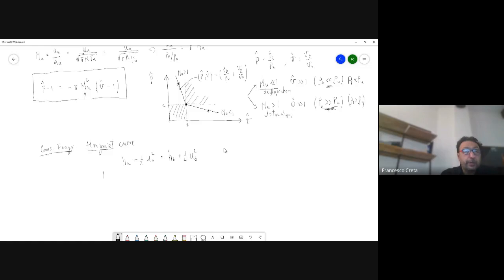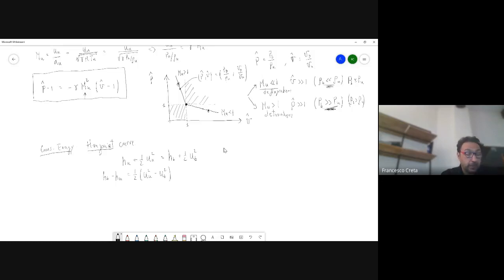We try to rearrange this conservation of energy. So the difference in static enthalpies will be essentially 1/2 of UU squared minus UB squared,